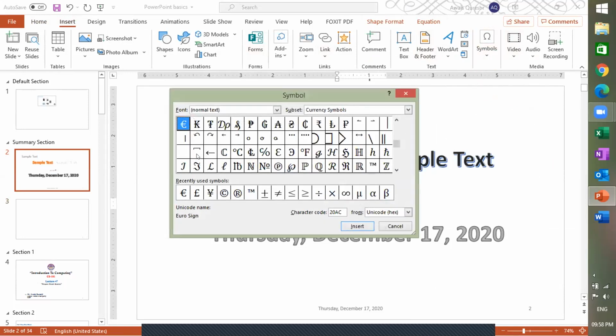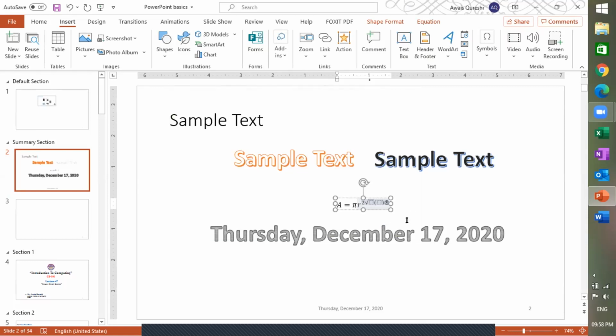After clicking on that, you can see multiple symbols over here which are encoded in Unicode character encoding. Okay, this is the copyright, this is the register mark, registered sign. Let me add this register sign and then close now. So normally we add the register sign over here.